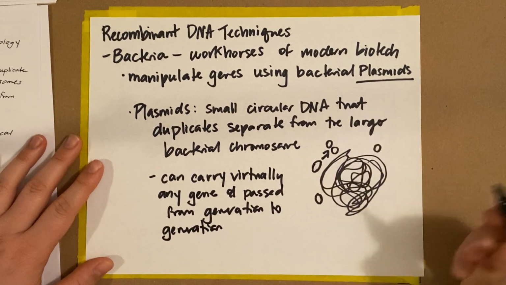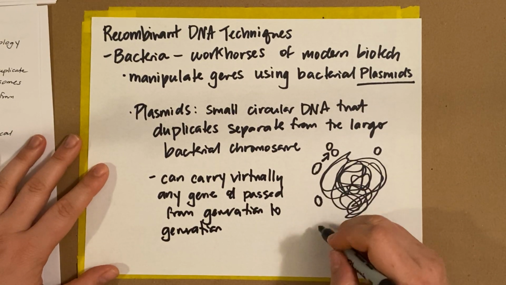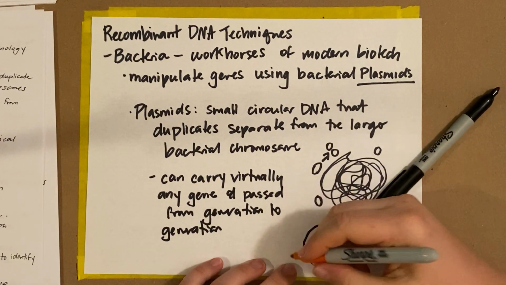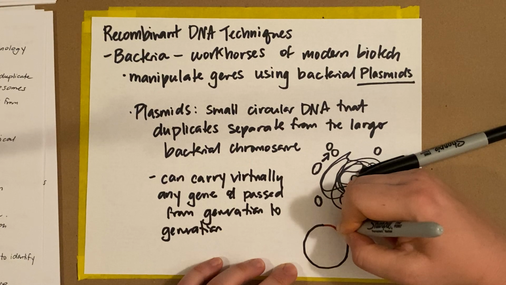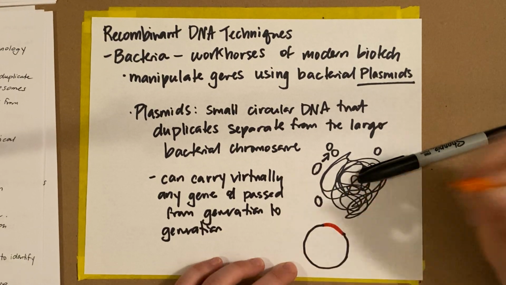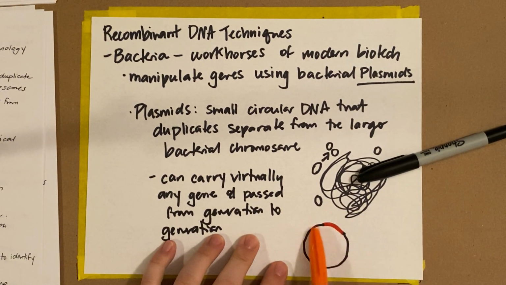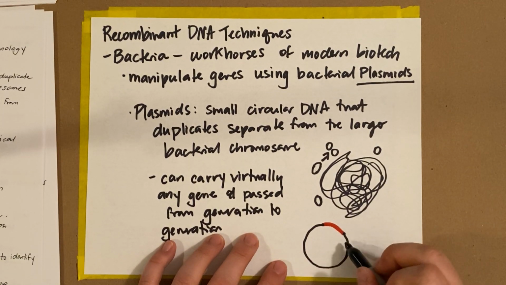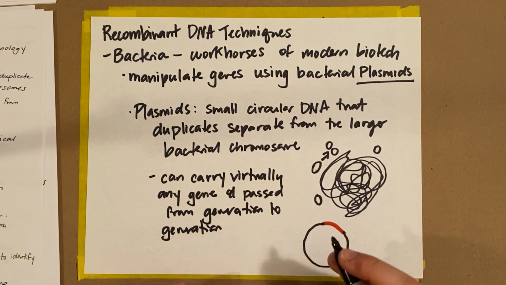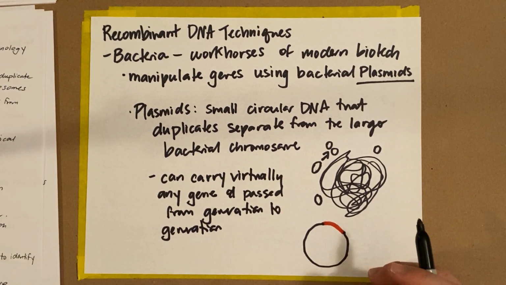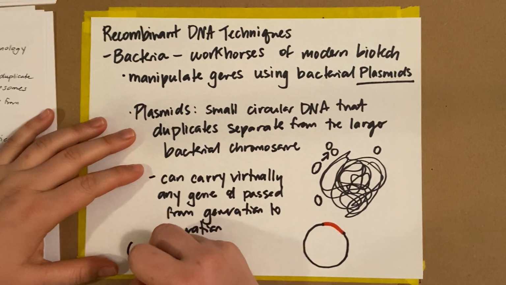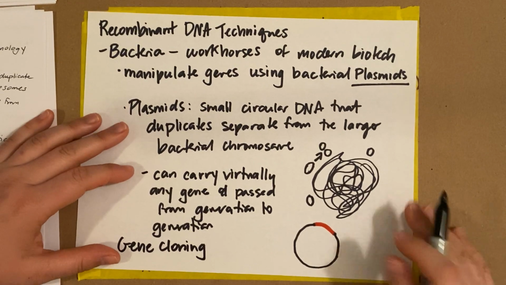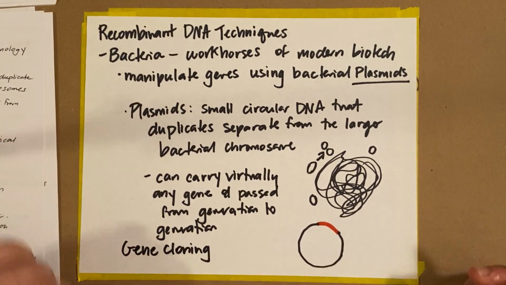Okay, so if you can get a DNA molecule, a gene, connected to a plasmid, so let's just say that the black is representing the bacterial DNA, the plasmid, and then this orange section is going to be whatever gene we're interested in. If we can get the gene inserted into the plasmid, we can then make tons of copies of this, okay? So these are really important, and specifically they're important in something called gene cloning,